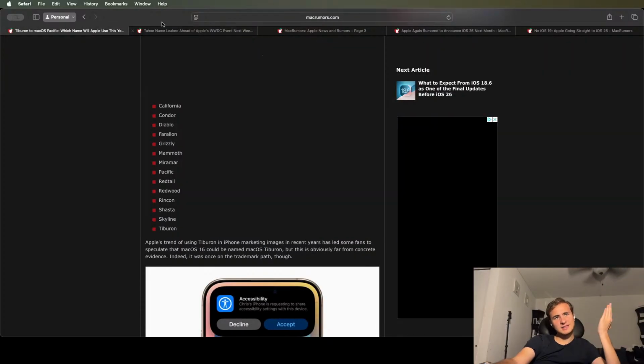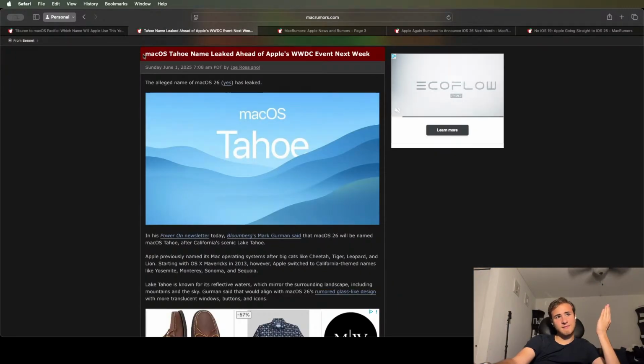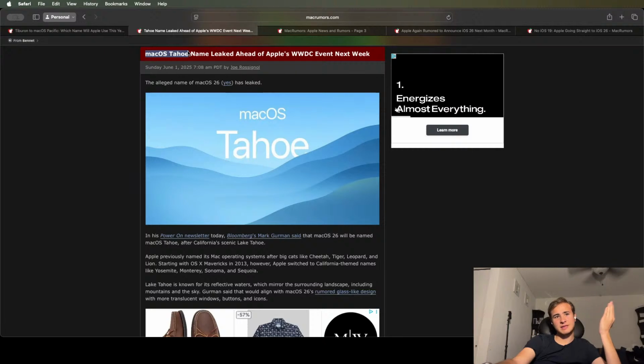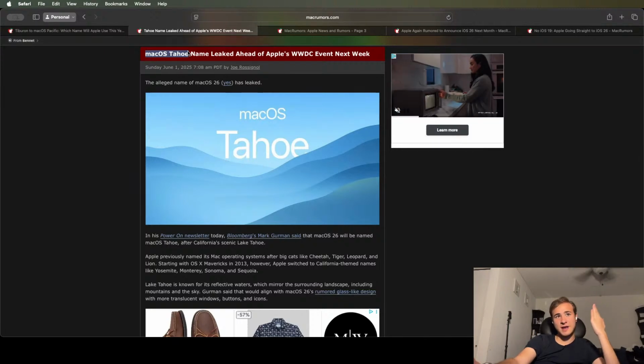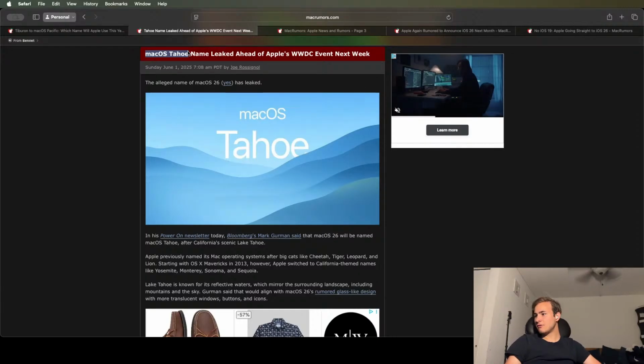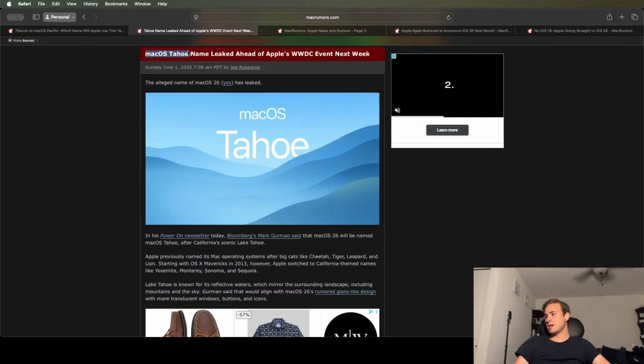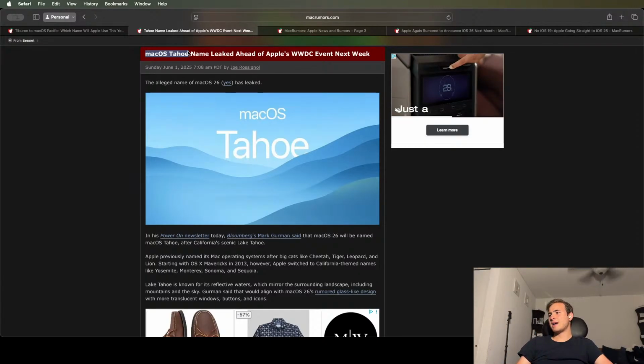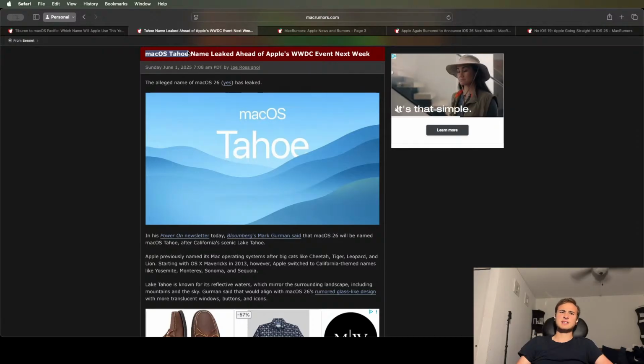I don't know what you guys think, but the fact that they're naming it Tahoe makes me think that they're trying to narrow it down to find out who is leaking this information to Mark Gurman. And yeah. Do you think it will be macOS 26 Tahoe? I think it's just going to be macOS 16, to be honest.